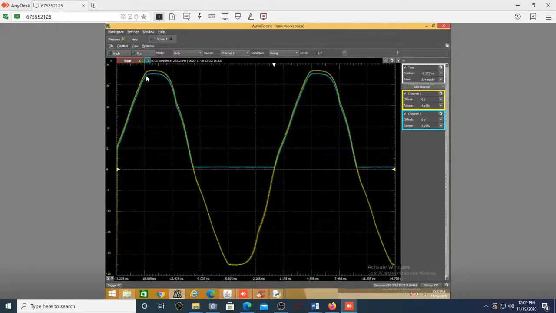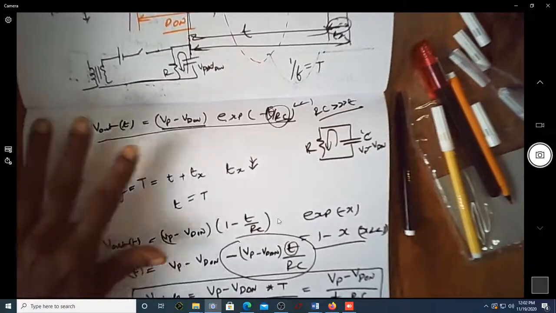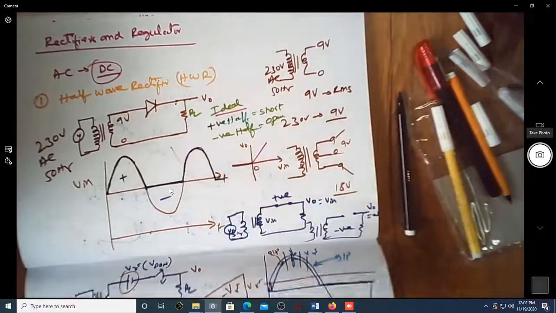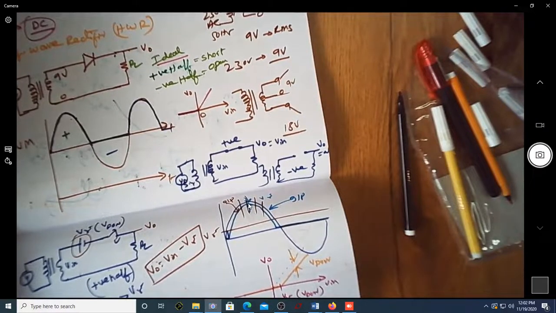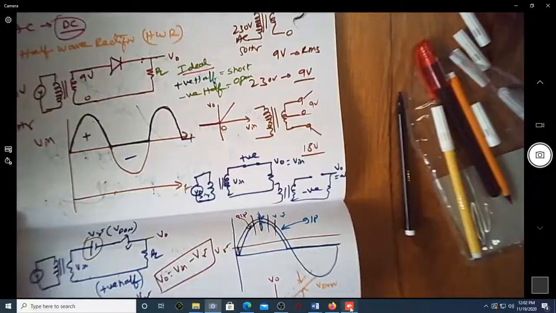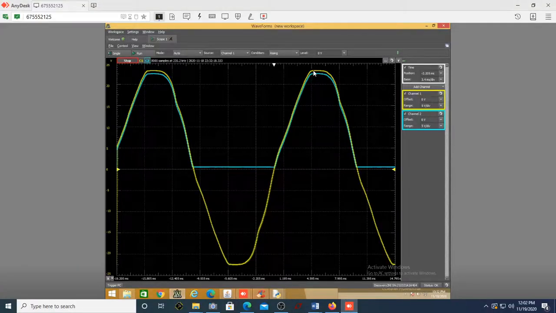Now the yellow one is the input voltage. If you want to make it slightly thicker, you can make it around 2 or 3. You can see this is the input voltage and of course this is the output voltage. As we saw in the theory, there is a separation, they are not exactly overlapping. We have a gap of V gamma, that is the diode drop. The same thing is seen here. This is not exactly overlapping. This voltage is actually the diode drop.